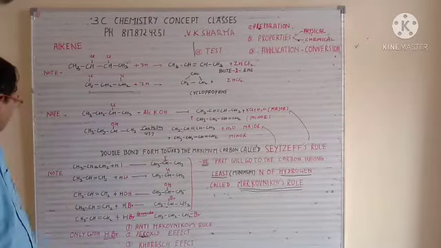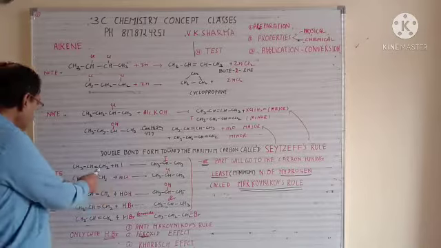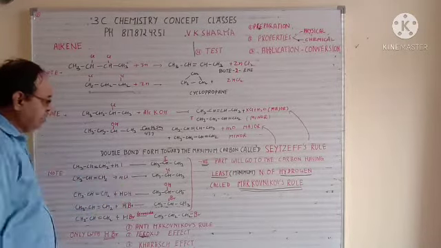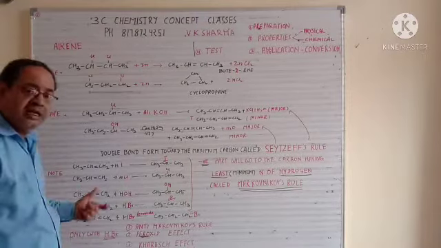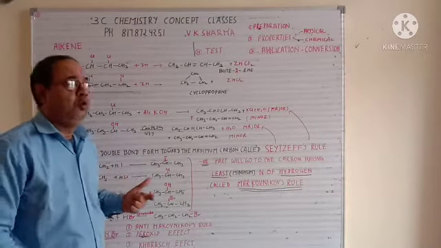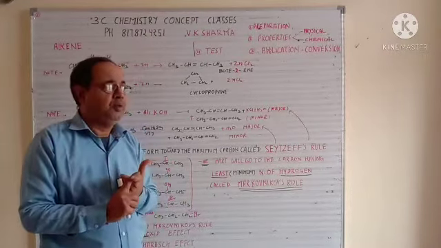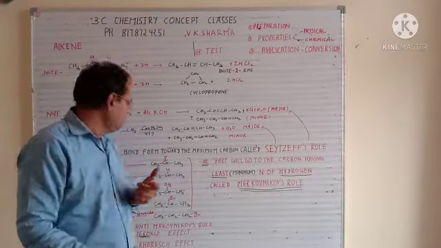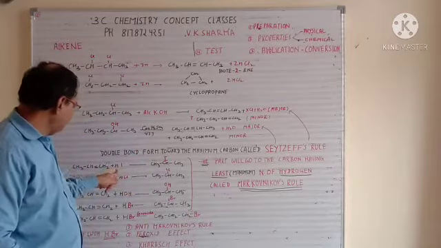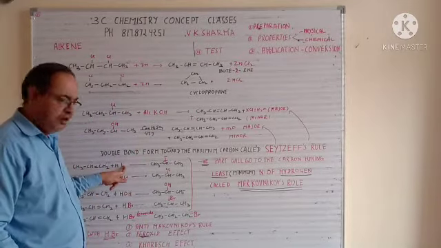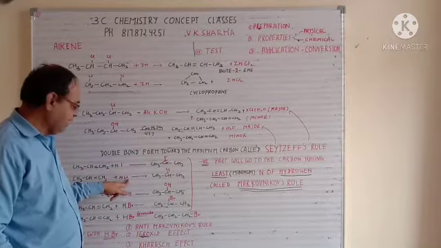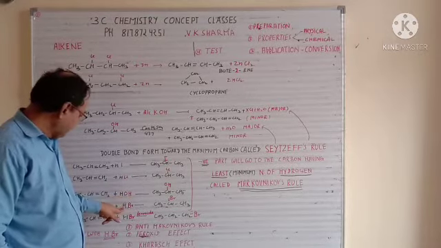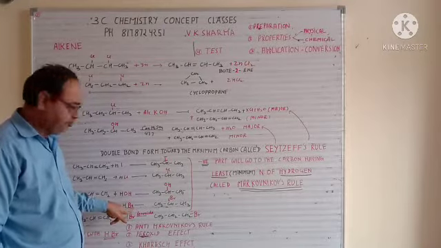Next, note number 3. Suppose we have a double bond and we are going to add HI, HCl, HOH and HBr and so on. Just keep in mind, as per the IUPAC naming, the first member is always the cation, the second member is always the anion. So here in HI, this is the cation, this is the anion, negative charge. This is the cation, this is the anion, negative charge. This is the cation, positive charge. This is the anion, negative charge.